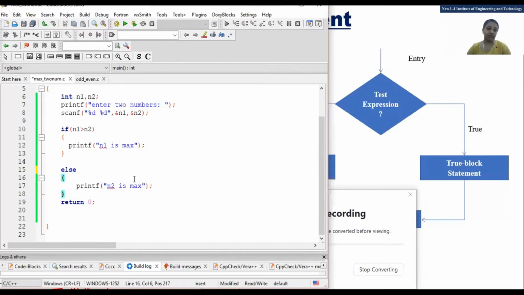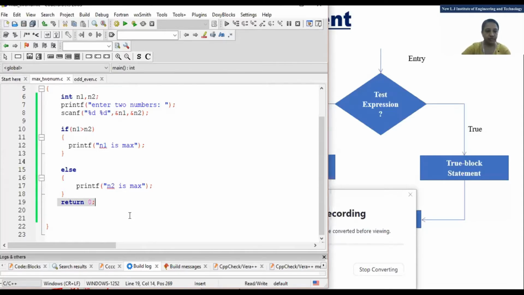See what I have done. If n1 greater than n2, printf n1 is max, else. That means if this condition is false, then it will jump to where? The else part. Clear? And after executing else, it will execute which part? Return 0. Okay, any doubt in this?